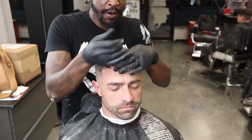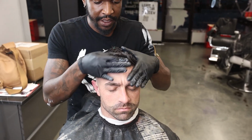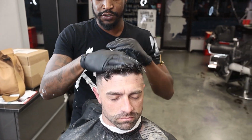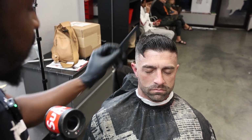We're just gonna rub a little bit of product in his hair just to bring out the cutting that we've done, especially this front piece that we chose to layer into the back of his haircut. But when the hair is shorter like this, I just like to use my comb